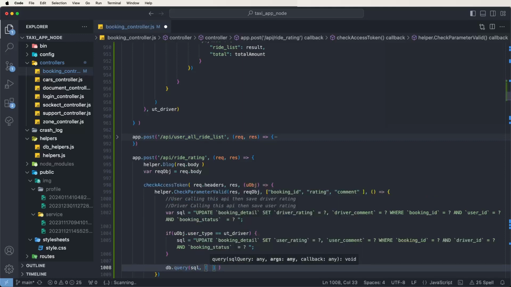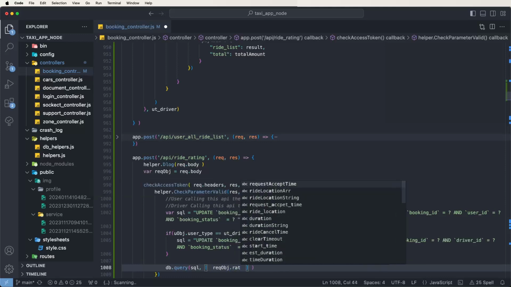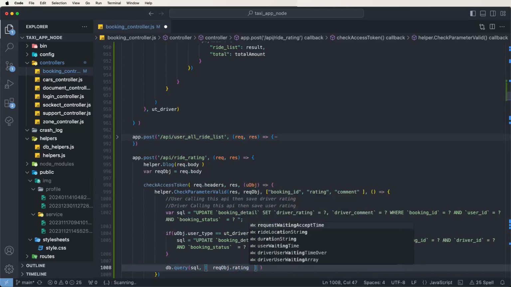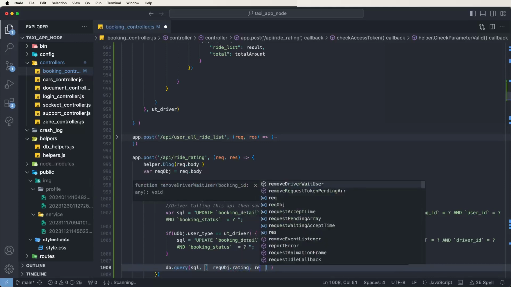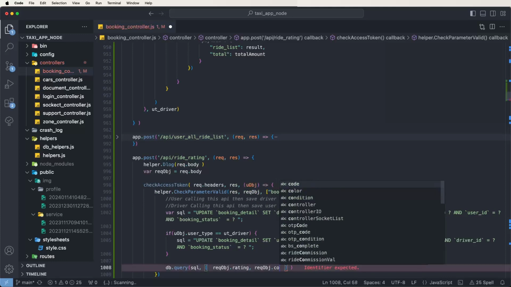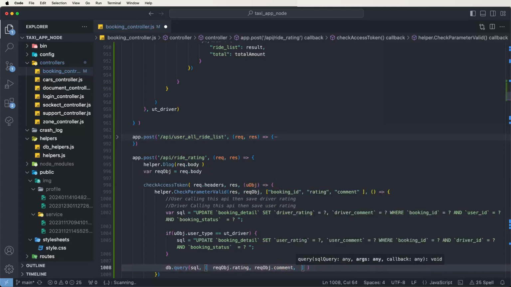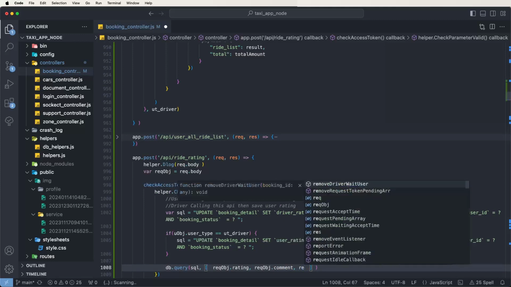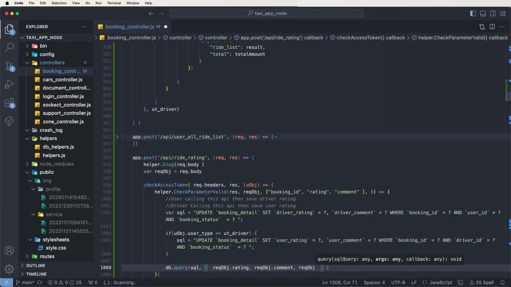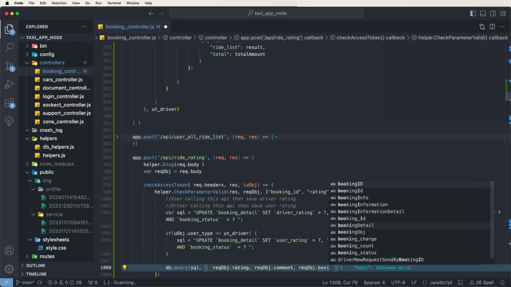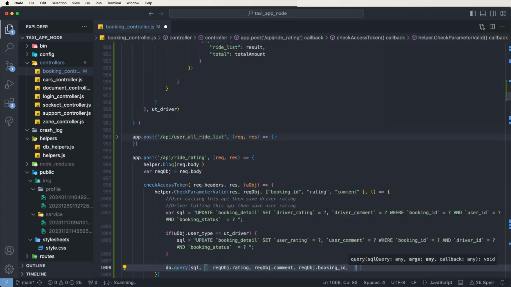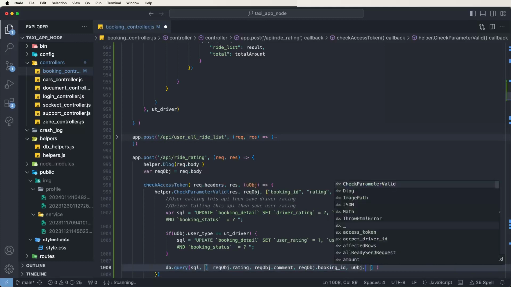First once need to give this here the request object dot rating, then request object dot comment, then request object dot booking ID, then after so need to pass this here the user login user ID, access valid, then to give this here user ID,